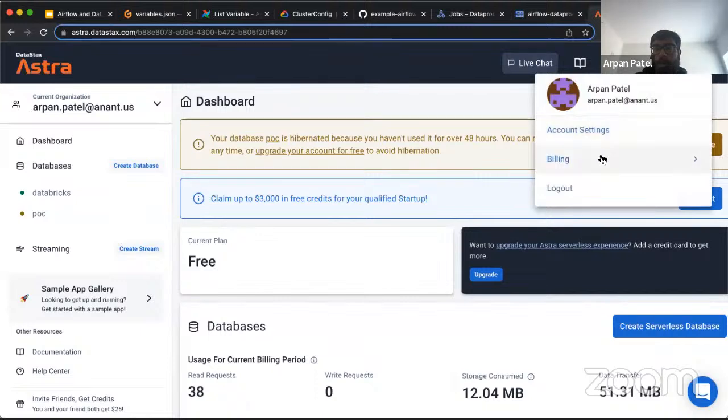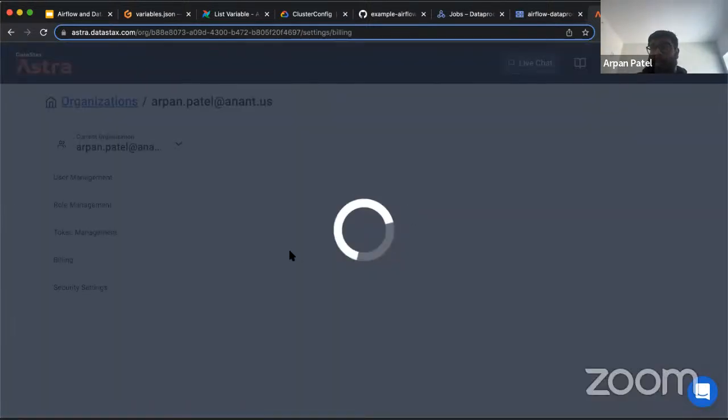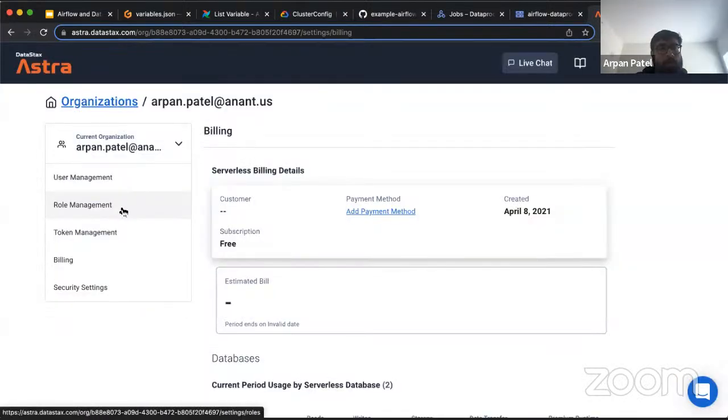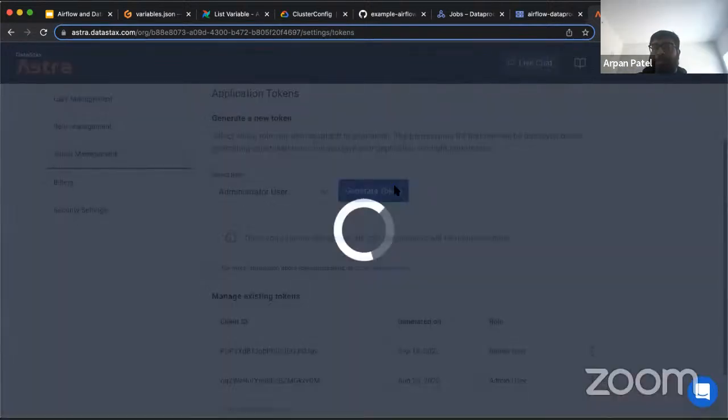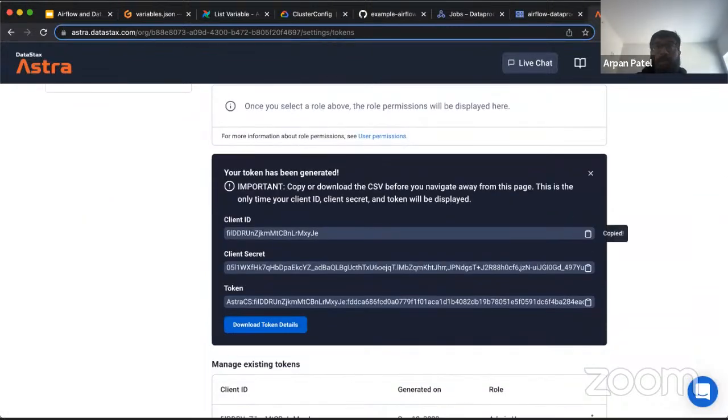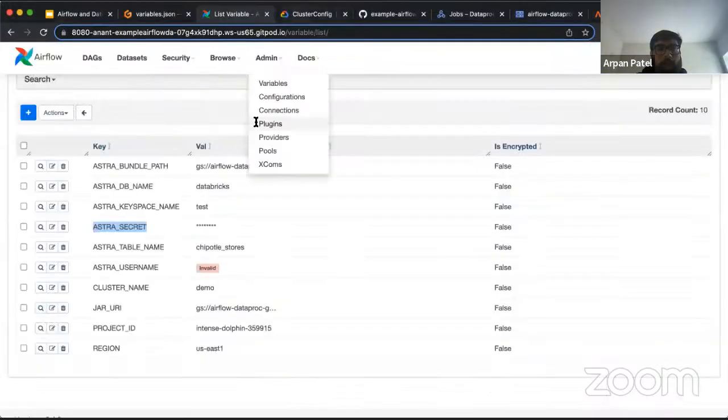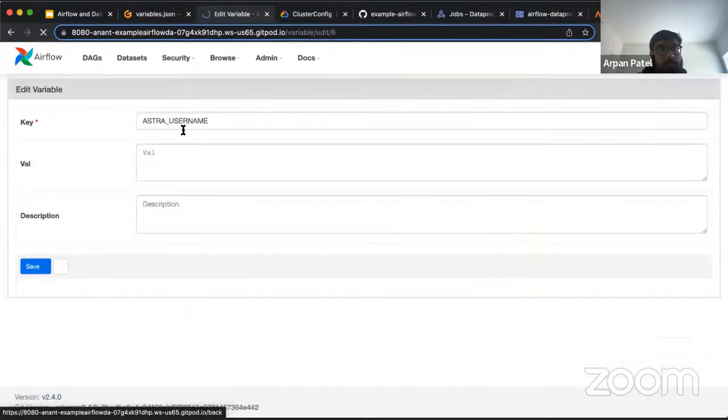We want to go into our billing settings. Again, Astra's free to use. They give you credits to use. No credit card required. So if we go into token management, I'm just going to do admin for ease of use. And what I'm going to do is just copy this value. Again, this token will get destroyed right after this is done. That's going to be our Astra username, the client ID, and then our client secret is going to be our Astra password. So we're just going to copy this and then go back into Astra username, paste, and then, oh,